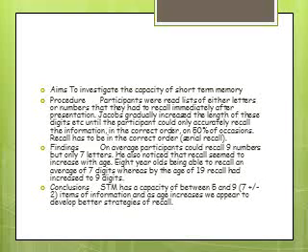So the capacity of short-term memory. Jacobs gave participants, they were read either a list of letters or numbers and they had to recall them immediately in the correct order. Okay, so that's serial recall. And the digits increased each time until they were unable to remember the letters or numbers in the correct order. So on average they could recall 9 numbers but only 7 letters, and interestingly it seemed to increase with age. So 8-year-olds could only recall on average 7 digits, whereas by the age of 19 it had increased to 9. Therefore he concluded that we could remember about 5 to 9 items in our short-term memory.